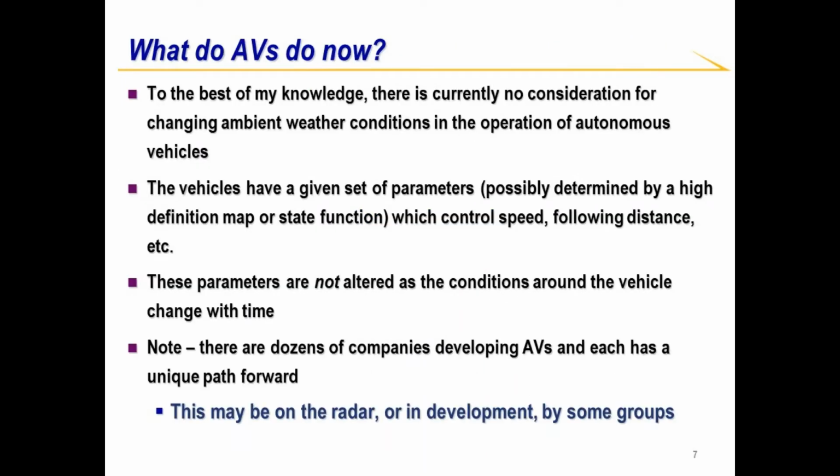So what do autonomous vehicles do now? I guess I want to start off by saying, obviously there are dozens at least of companies that are developing autonomous vehicles. Each one has their own path forward, and that's constantly in flux. But to the best of my knowledge, there's currently no consideration for changing ambient weather conditions on how autonomous vehicles